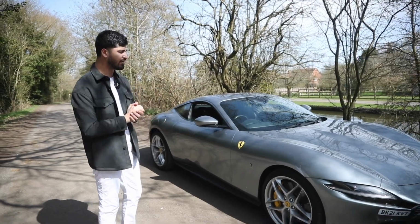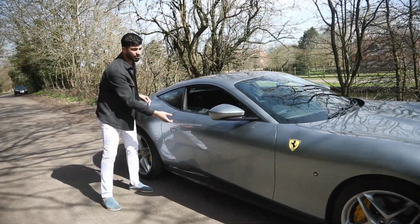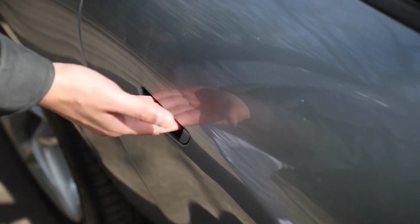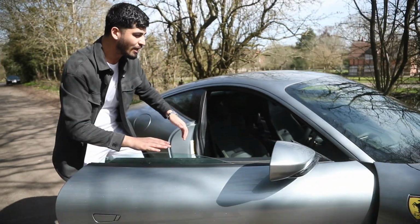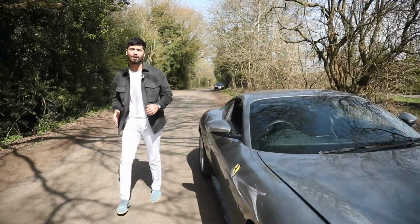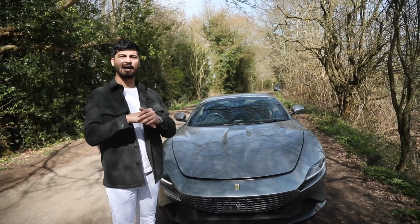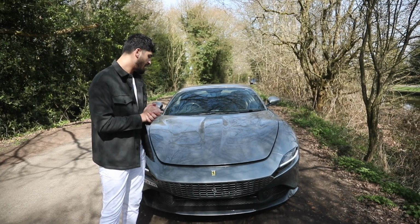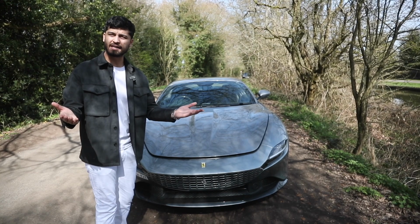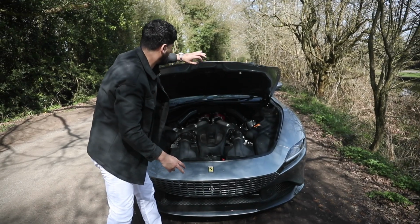Now, talking about the car, before we move on towards the back end of it, I thought we would go underneath the bonnet of the car. This door, the door handle is basically this cutout here. You push it in and you pull it towards you. It actually gives you vibes of the old school Ferraris. Now, I haven't had a chance, understandably, to get up close and personal with some of these classic Ferraris because they're worth so much now, but that's what I assume, and what I have imagined is that's how the doors open. I'm right, am I not? I think I am. Anyway, let's open the bonnet and have a look at what is, oh wow,